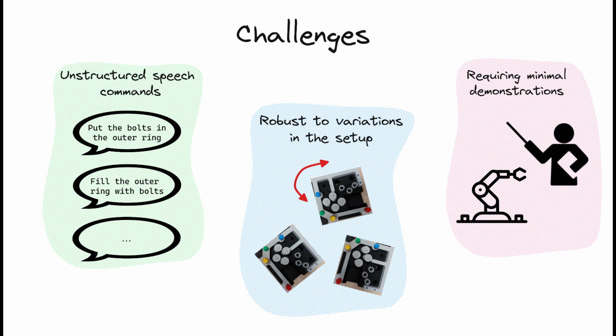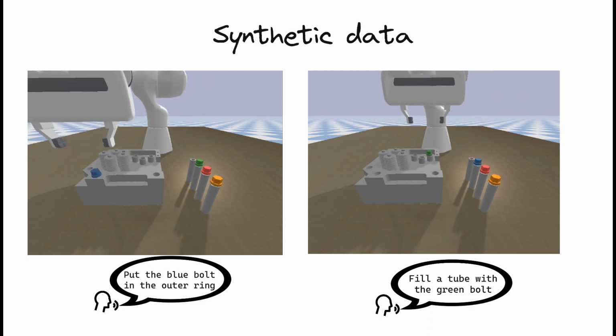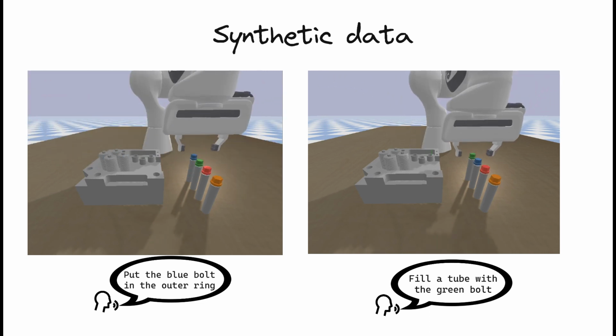Lastly, although providing demonstrations to the robot is crucial for its learning, it can be a time-consuming task for the operator. Our goal is to reduce the need for extensive demonstrations, while ensuring that the robot operates safely and autonomously with minimal human intervention. To minimize the need for real-world demonstrations, we initially train the robot using synthetic demonstrations created